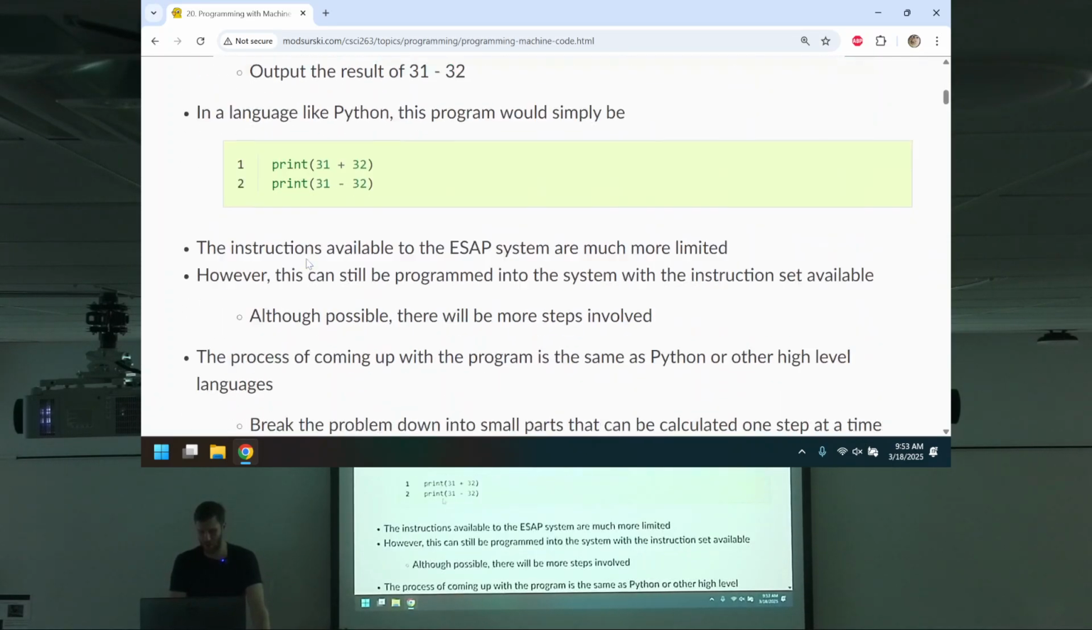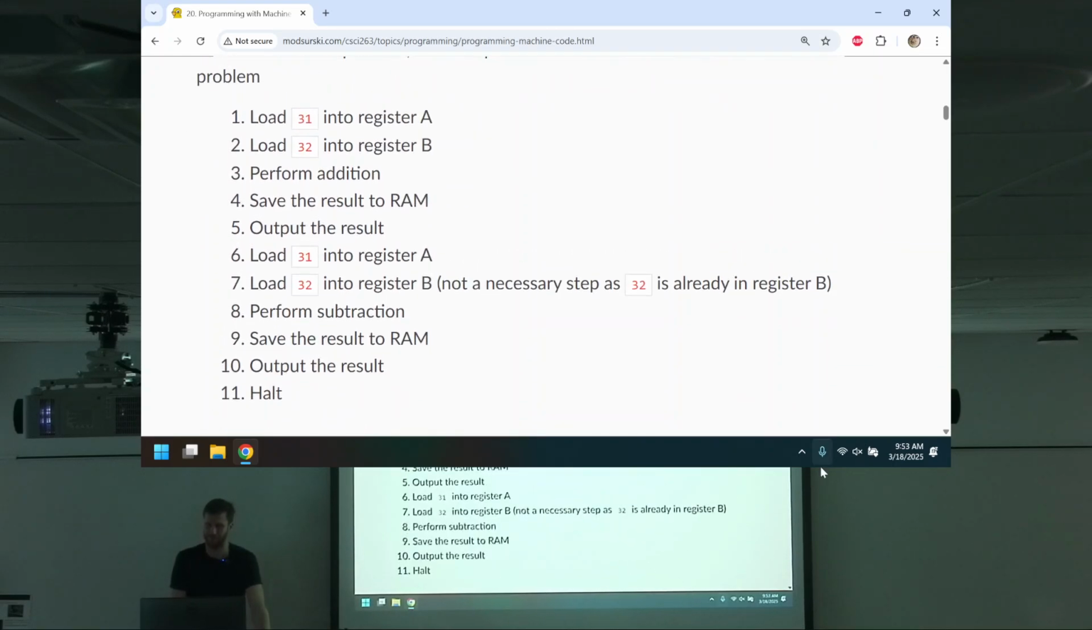That's how we do it. All right, so these two steps come down to something like that. Now, that 31 and 32 have to come from somewhere though, right? And we are saving things to RAM, so we need RAM for that. And to be clear, I want to make sure my point is clear. When I load 31 into A and 32 into B,